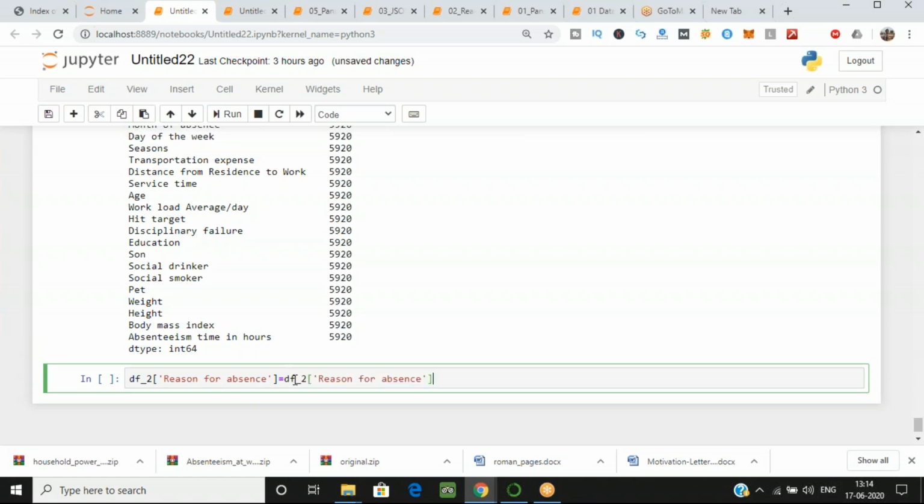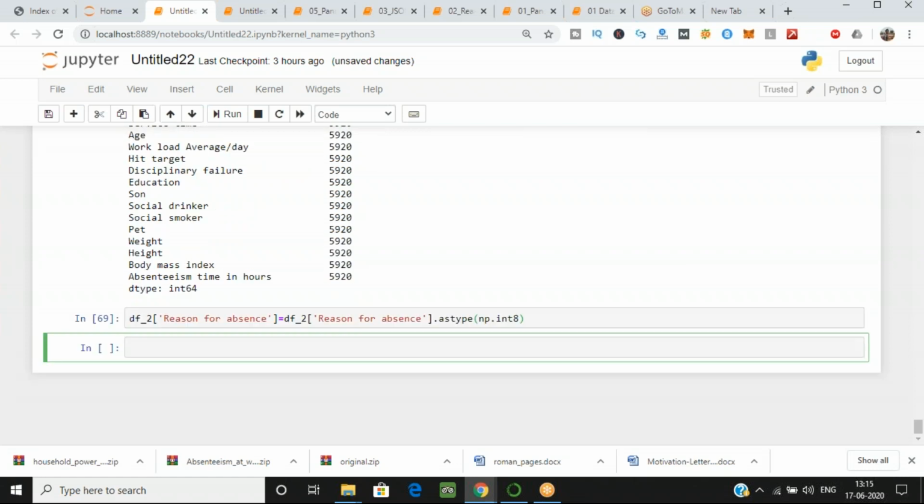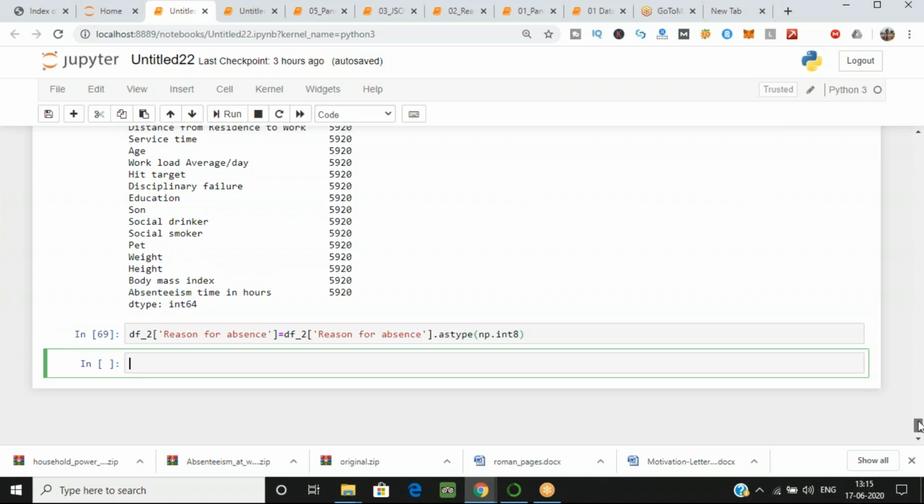Over here, dot. Now I want to change it into, and who will change it? NumPy integer 8. Okay, let's execute this command. As I have done this, let's again check whether it has worked or not.